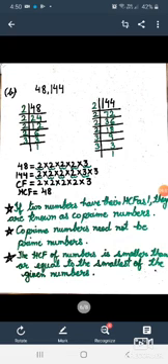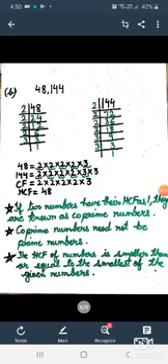When you divide 48 by 2, you get the answer 24. Now again divide 24 by 2, you get the answer 12. Now again divide 12 by 2, you get the answer 6. Now after dividing 6 by 2, the answer is 3. Now you will divide 3 by 3 and the answer you get is 1. So the prime factors of 48 are 2 into 2 into 2 into 2 into 3.